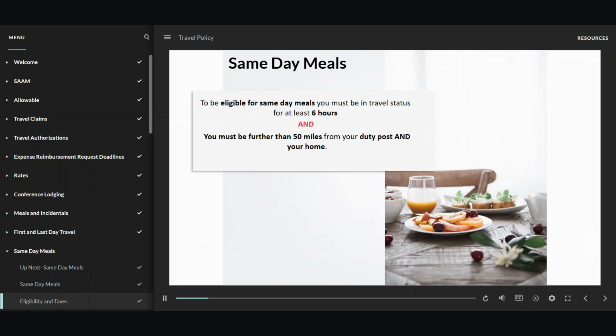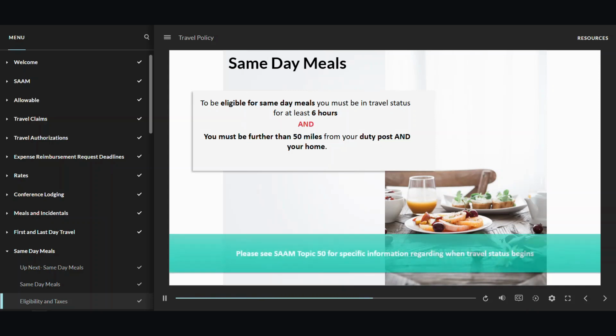To be eligible for same-day meals, you must be in travel status for at least 6 hours and you must be further than 50 miles from your duty post and your home. Please see SAAM Topic 50,